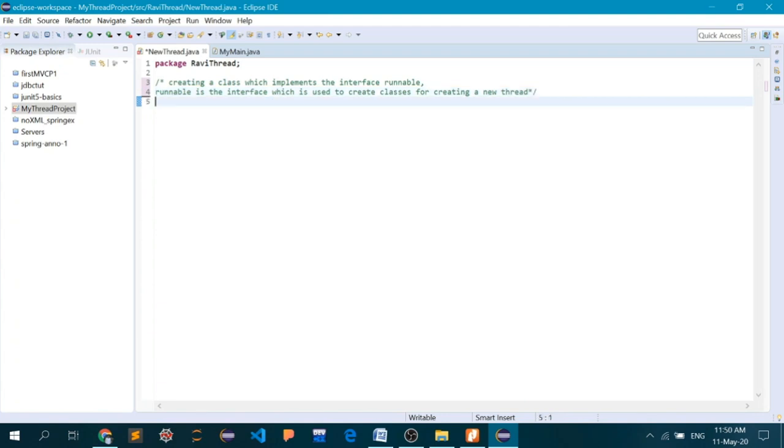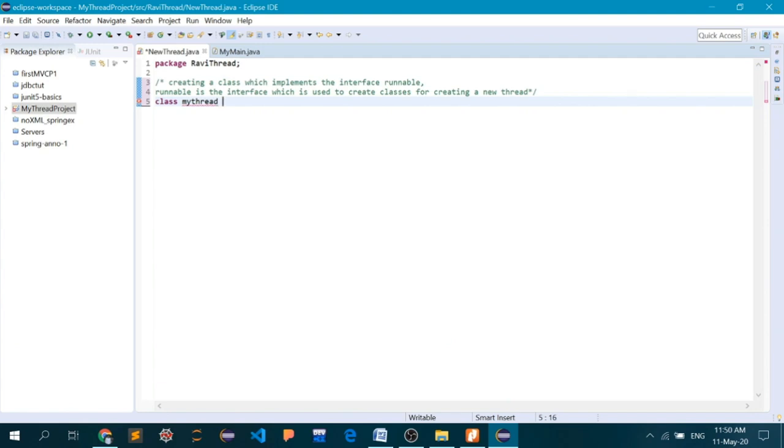Let's start the class. As you know, we will create the class by using the keyword class. So class, and let's name it MyThread. By using these two words we have created the class, but I will try to implement the interface Runnable.